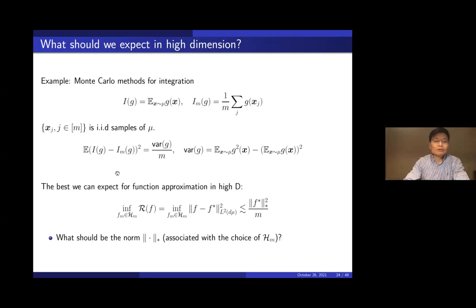So what do we want to do? This is about computing integrals. Of course, we're not computing integrals, we're approximating functions. So what we would like is to have something like this, namely, the error is bounded very much like this. I wrote it like a norm. So that's what we want. The question is, can this hold?